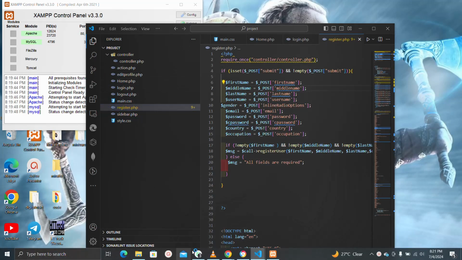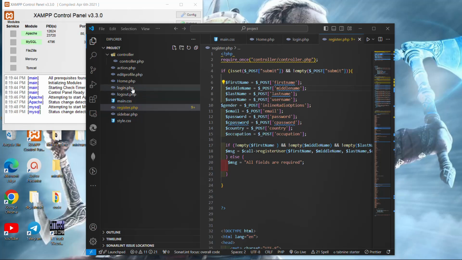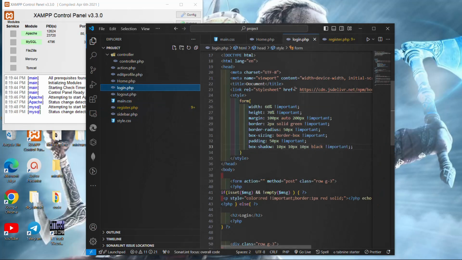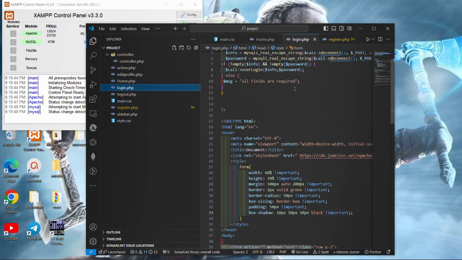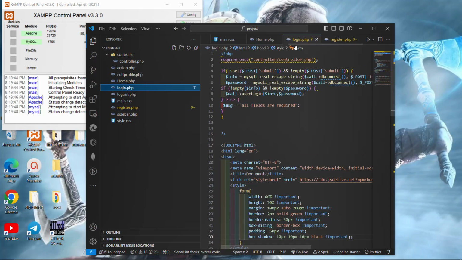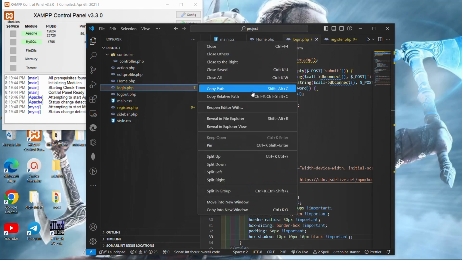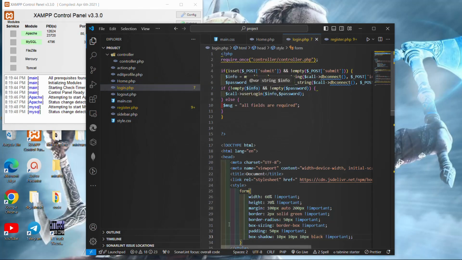So we're in, okay, I need to copy the login. I need to go to the login page. So to the login page, so copy path,